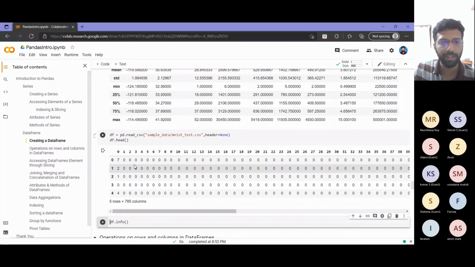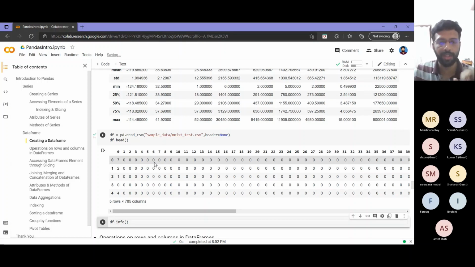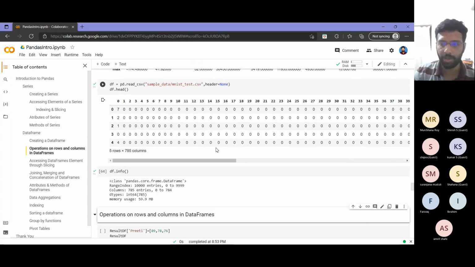Other than that, whatever data frames we created earlier using hard coded values, and whatever we did using the read CSV function, both will be one-to-one. There will be no difference in the way we do things with them. And this read CSV you can go through in more detail. There are a few more arguments for that, you can just go through them. I will not cover those here since those will take too much time. I just want to cover the basics, so I will skip that.